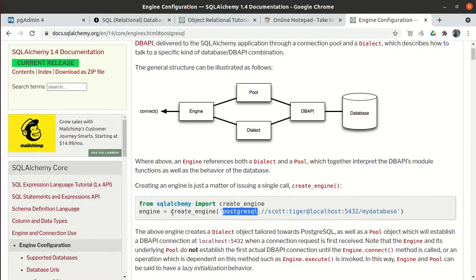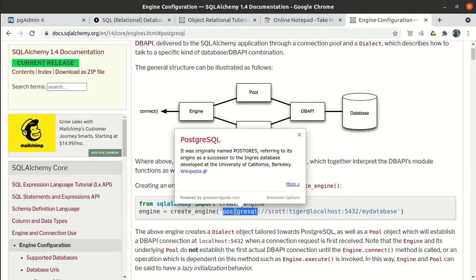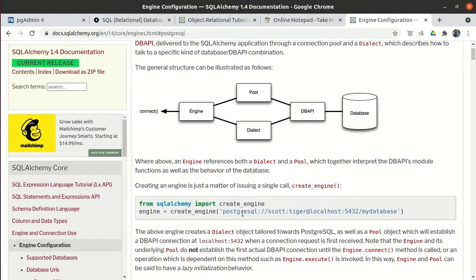So that's why first we have to create an engine, and create engine will not connect with the database. No, it will not connect with the database. Even though we have passed the database URL, it will only create the pool and it will create the dialect. The dialect is just to tell the engine which SQL query to create when we run the SQLAlchemy queries.